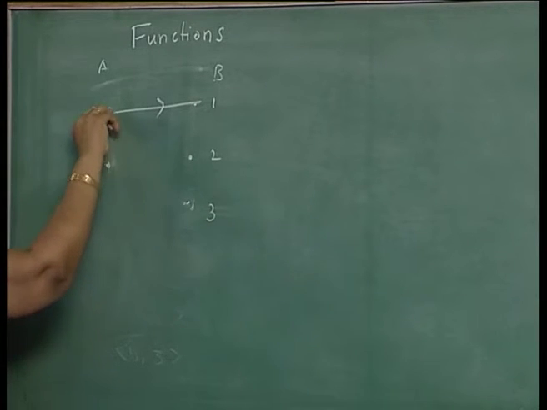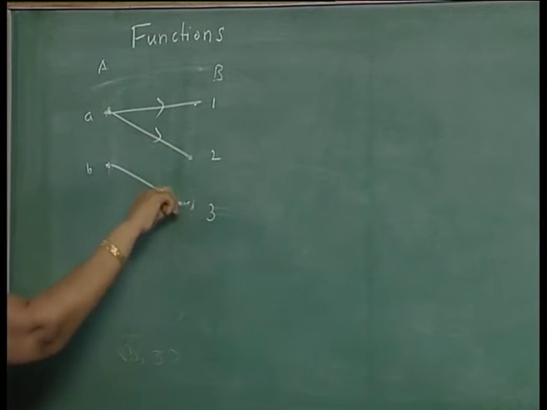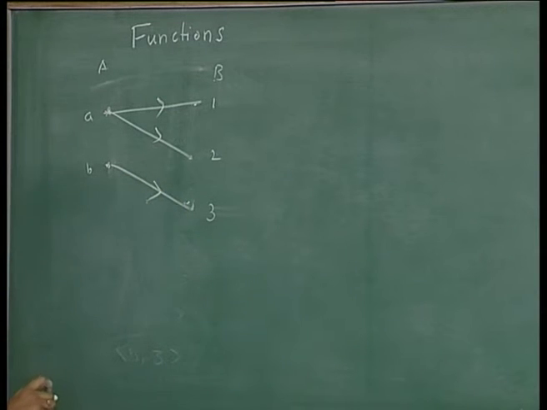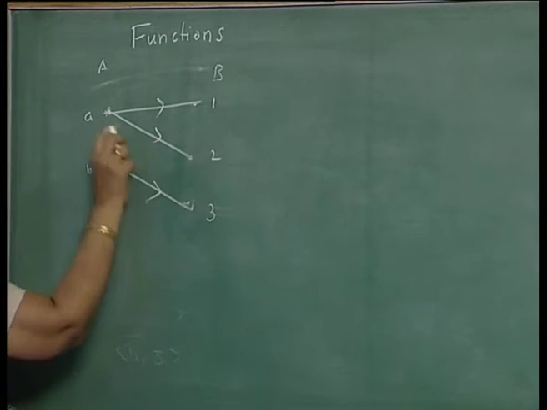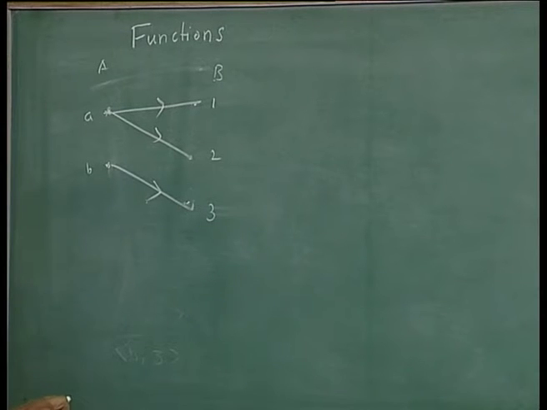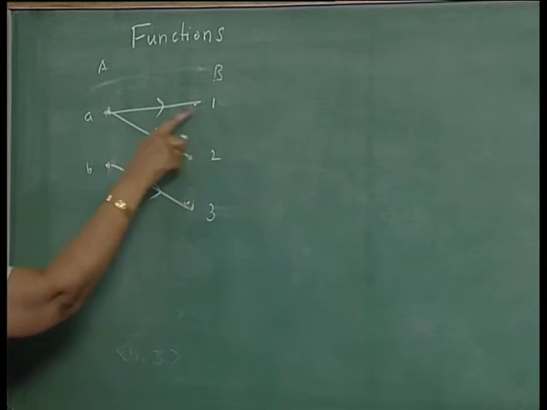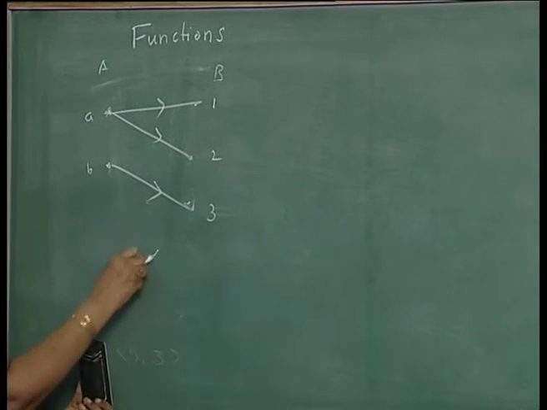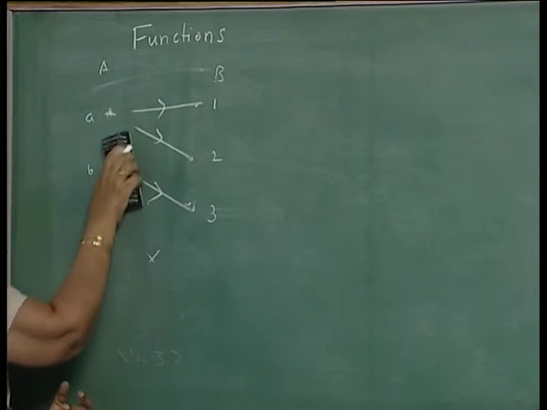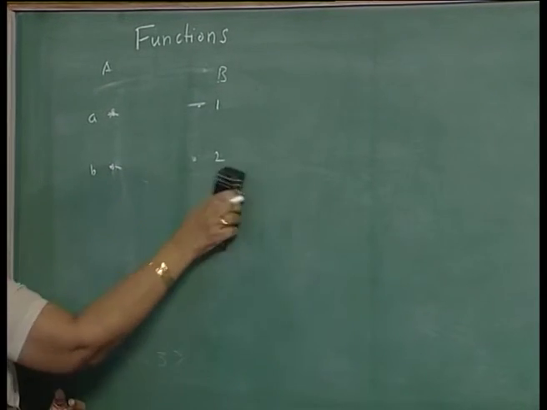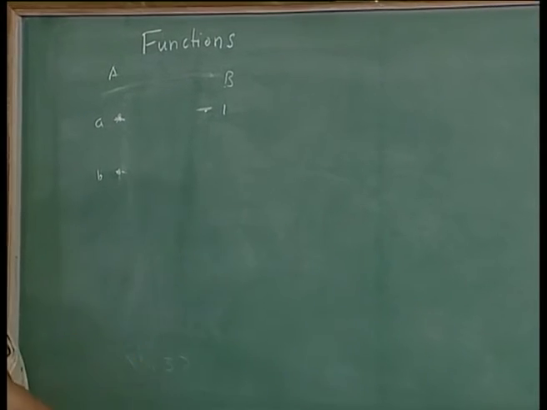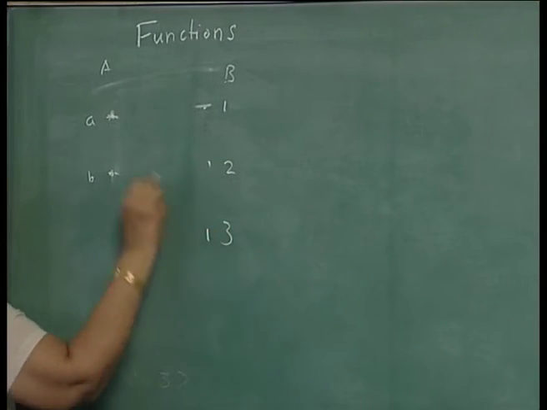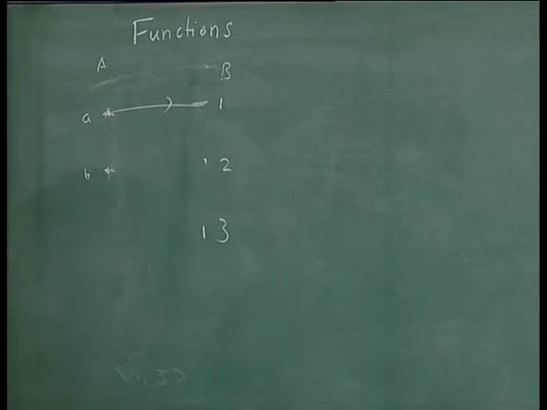And look at this. There are two ordered pairs (a, 1) and (a, 2). a occurs in two ordered pairs as the first component. Then also it is not a function. a is mapped to 1 and also to 2, and that is not possible. a should be mapped to a unique element. So, this is not a function. Sometimes this is called a partial function. We will come to that a little bit later.